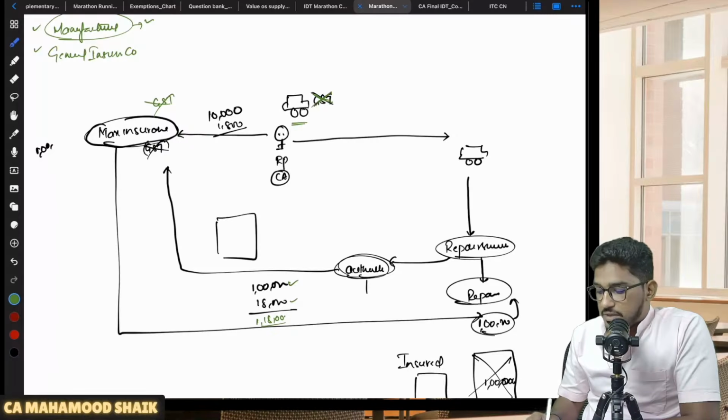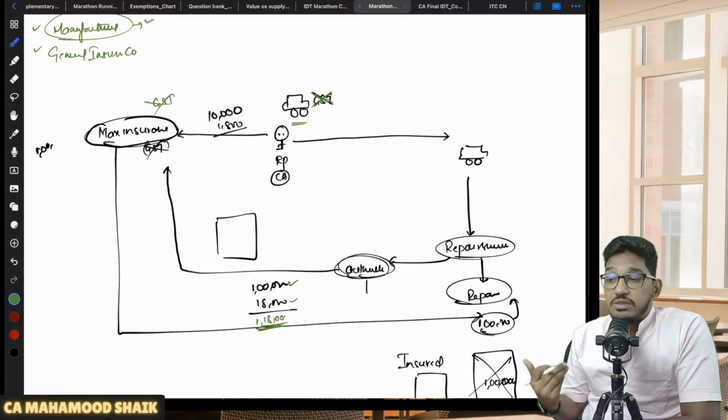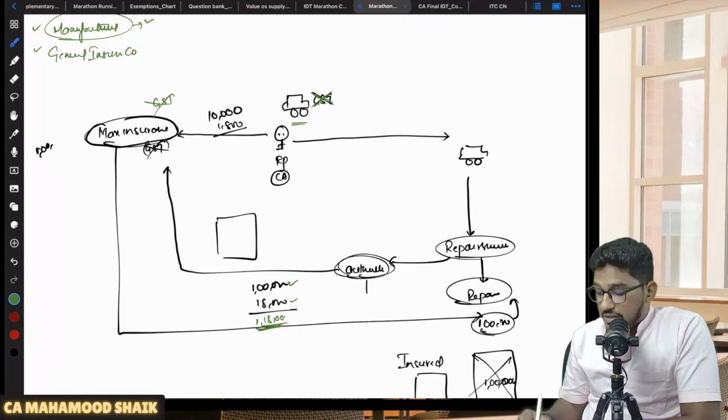Now these repairs will be invoiced in the name of Max Insurance, because they have to bear them. I have taken an insurance policy with Max Insurance. They have agreed to compensate for my damages. So now my vehicle met with an accident, and I am making a claim with Max Insurance. Now they have to reimburse me, or incur these expenses, total 1 lakh 18,000. Sir, whatever amount they are paying for the repairs in respect of the vehicle they have insured, can they claim the ITC of this 18,000 rupees?